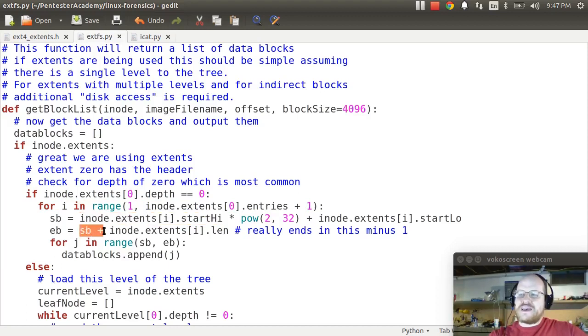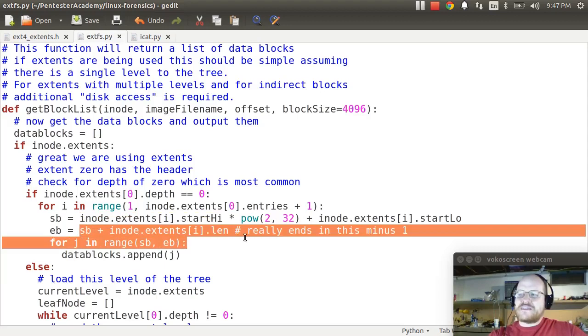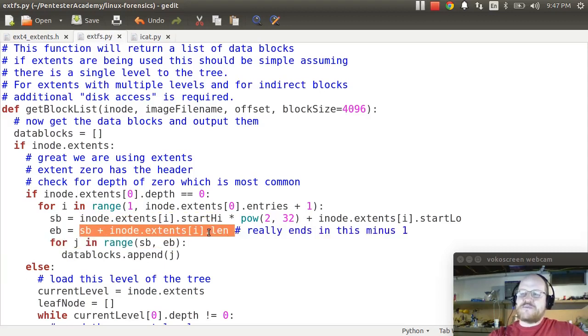So I add to my starting block my length. Now, you might object and say, but I really wanted the length minus 1. That's what I should be adding. And you would be correct. However, because the range in Python is not inclusive of the final member, it will range from SB to EB minus 1. It seemed kind of silly to subtract 1 here only to add it back in the next line, so I didn't bother. And here I will just append whatever is stored in these extents into my list of